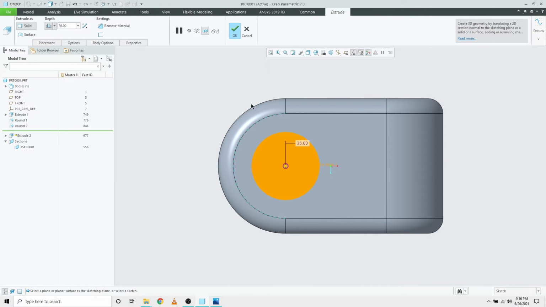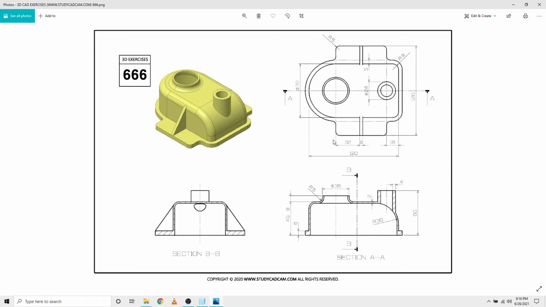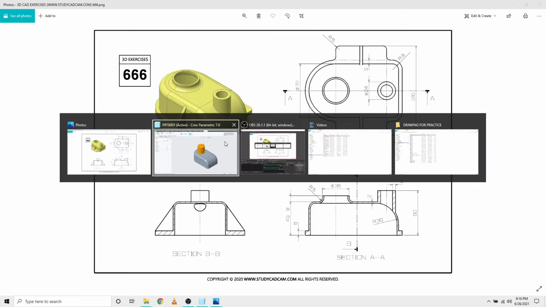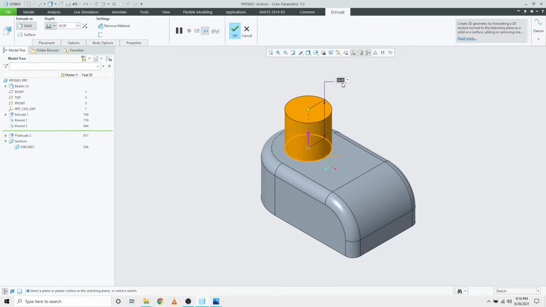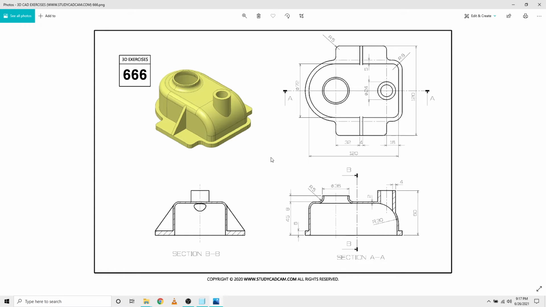I can pick OK, and for the extrude length or the extrude depth, from 45 we are having a depth of 8 mm. So I'm going to extrude it to a depth of 8 mm. Okay. And for the final part, what I'm going to do now is add a round